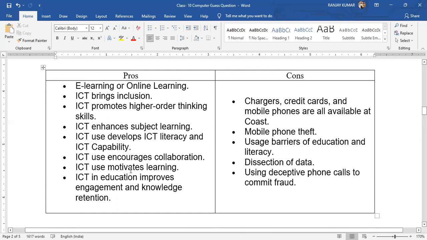ICT use encourages collaboration. ICT use motivates learning. ICT in education improves engagement and knowledge retention. So there are many pros, there are many benefits, and